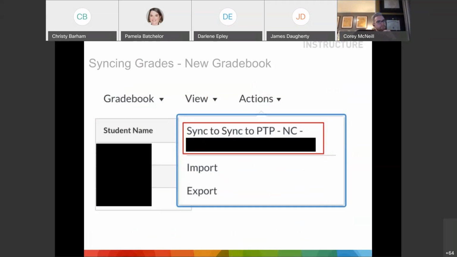So in their gradebook, if you'll go to the next slide, they just click on actions and then it'll say sync to PowerTeacher Pro. It might say North Carolina and have your school district, but there'll be some indication of this is sync to PowerTeacher Pro. They click that button. Again, it's not instantaneous. It could take up to 24 hours. So just know another thing is that we don't want teachers to hit this button over and over and over again